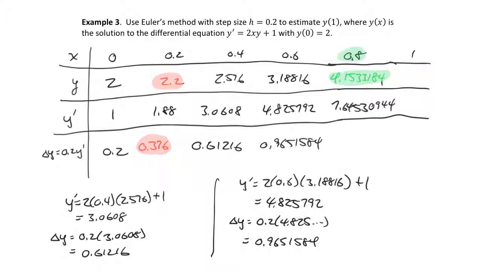When we multiply that by 0.2, our change in x, we get 1.529061888. And now for our final maneuver, we add the old y value to the new change in y, which gives us our final answer. I'm going to write this in green as a celebratory remark. It is